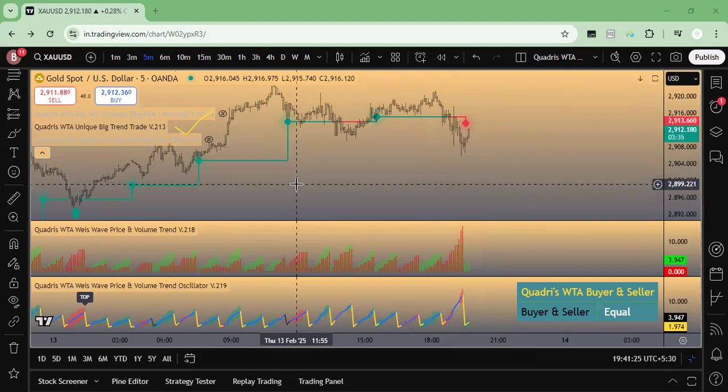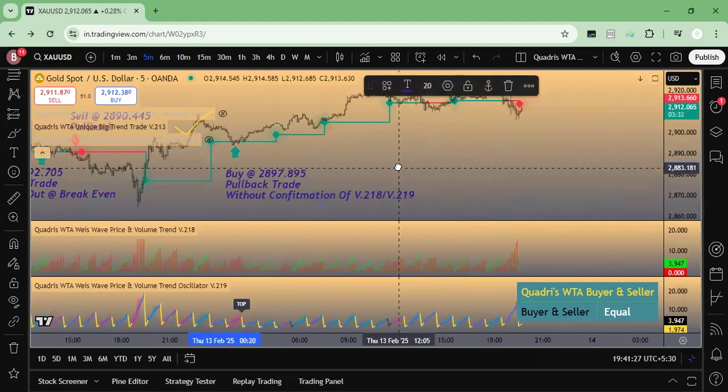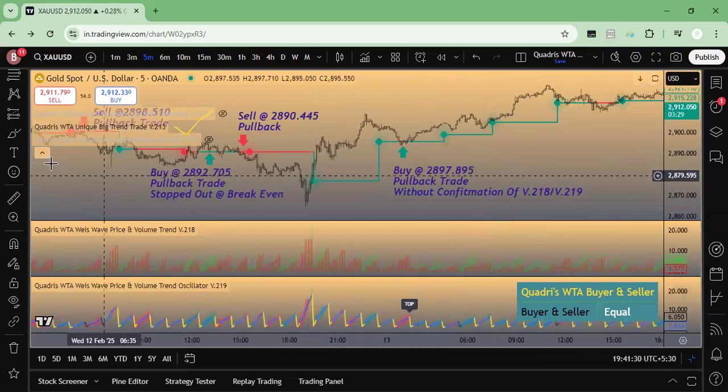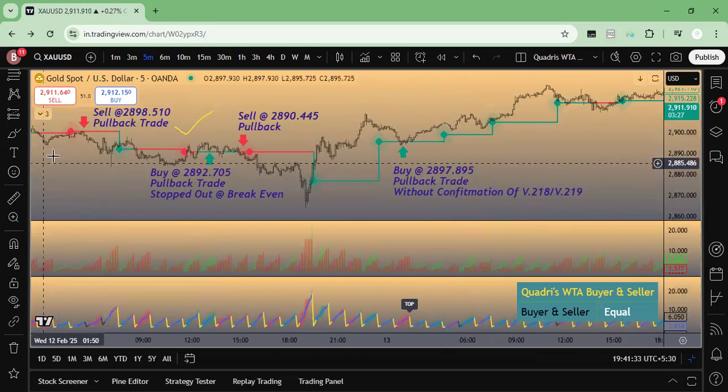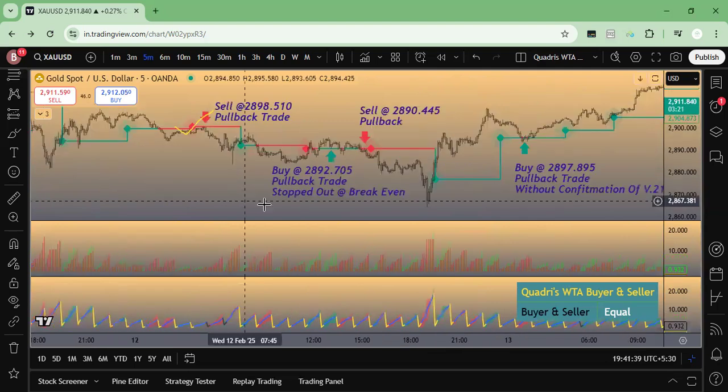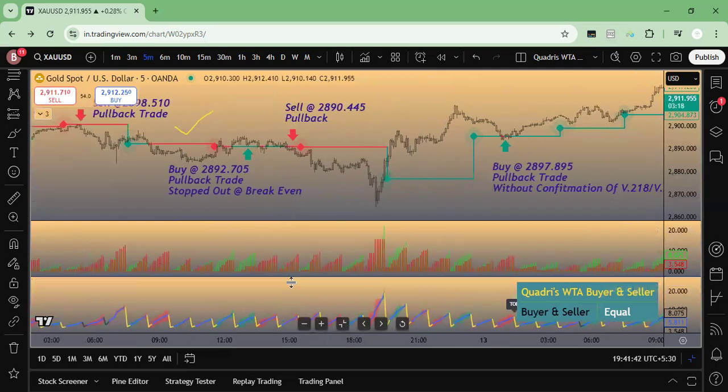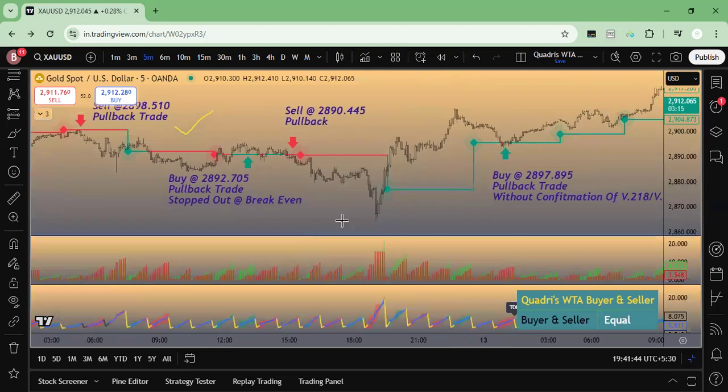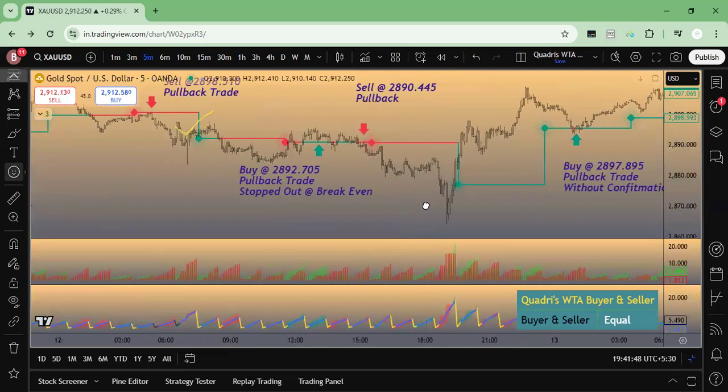First of all, I'll walk you through the recent trades which I have shared in my different groups. I'll hide the indicator names to make the screen visible to you. Now, I'll try my level best to explain why we initiated the trade setup. For example, sometimes I take a trade when 218 and 219 are not in my favor, but I look at the price action and what I'm planning to trade. If this 213 indicator is showing me a commitment towards it, showing me a probability that